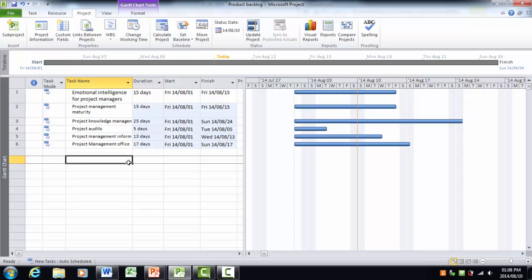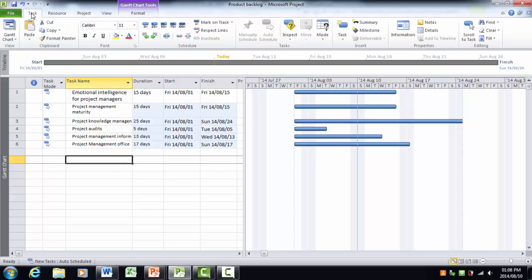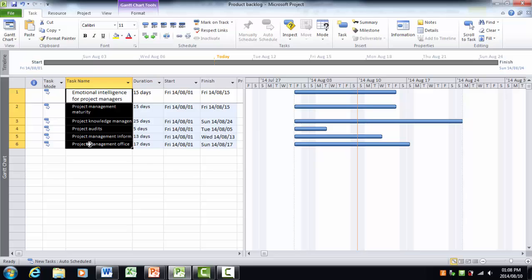Right, now obviously for my product backlog, all my activities are going to happen in series, because as we finish the one assignment we will start working on the next assignment. So the easiest way of linking, so what I want to do is link the tasks. So I need to now go to the task tab. Alright, and then under the task tab you will see there is this quick button that I can use to link all my tasks. So if I then select all my tasks and I link them,